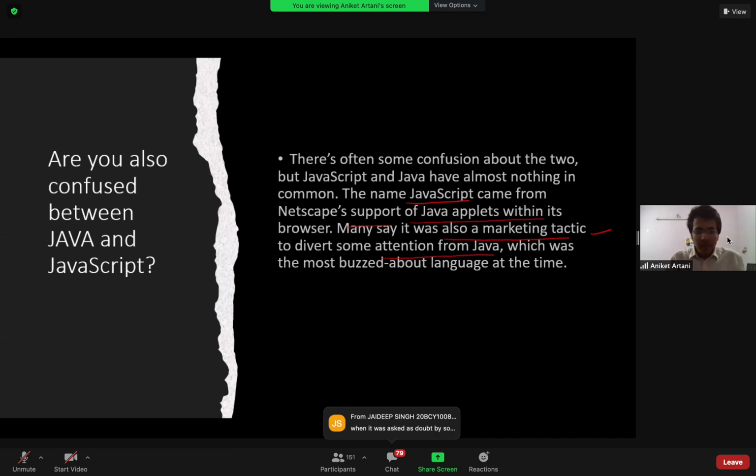To run Java programs, the code must be compiled into an executable form, like other languages such as C++, Python, or C. On the other hand, JavaScript was created to be interpreted at runtime, making it more dynamic. Like in the backend Node.js, you can see that a YouTube video is streaming. So JavaScript was created to run at runtime, making it much more dynamic.